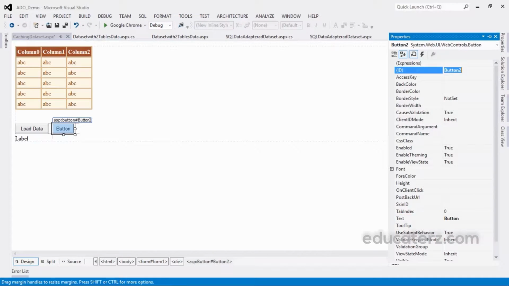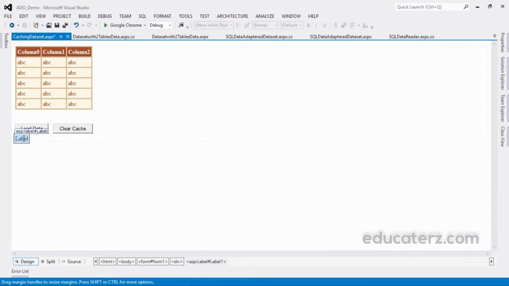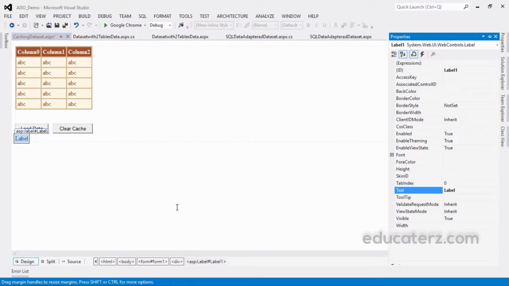The second button is btnClearCache, with text Clear Cache. For the label, we don't want to display any message when we load the page, so I'm deleting this text and making the ID lblMessage.